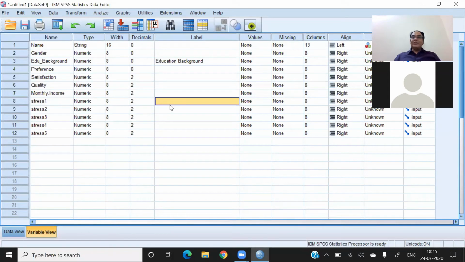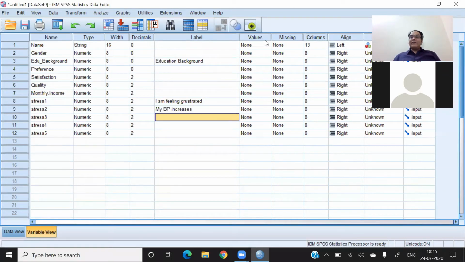And a statement might be: I am feeling frustrated. My blood pressure increases when I am in stress. So you can type sentences here, no problem. Label means anything which you actually want in the output.